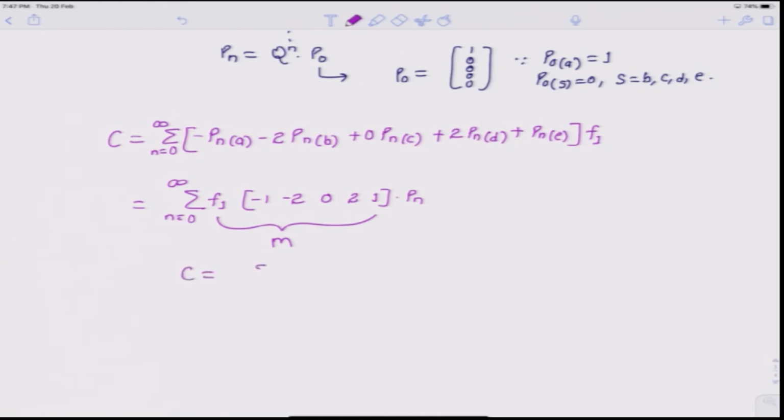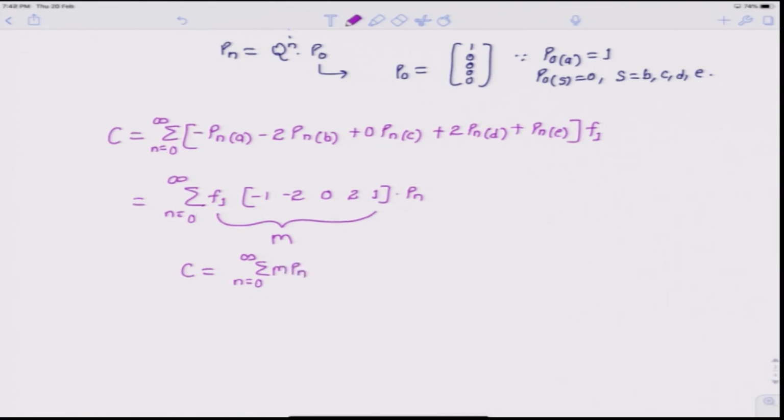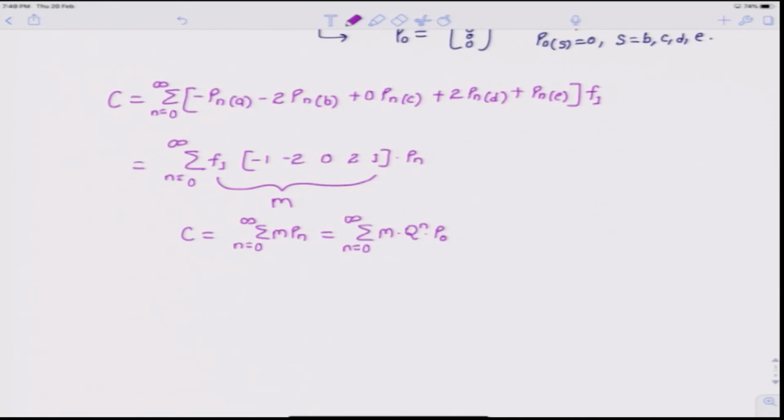So, we have C is equal to summation of M times Pn, and we know Pn can be expressed as Q to the power n times P0. So, this should be equal to summation of M times Q to the power n times P0. So, let us try to evaluate the value of M times Q to the power n. So, let us first try to evaluate the value of